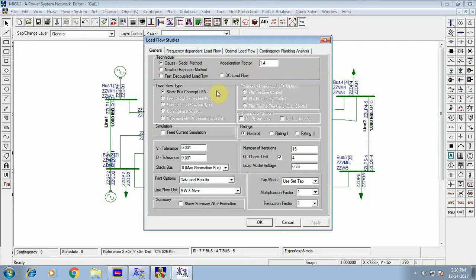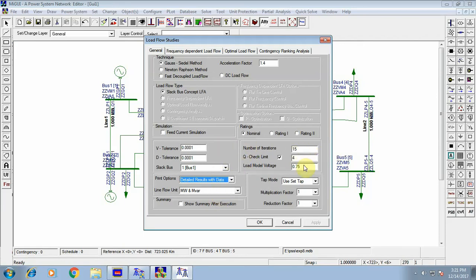and then we have Y bus. Okay, and then acceleration factor is done, and then tolerance value that we need to give it as 0.0001, and then D tolerance is also we need to provide 0.001, and then we need to select this slack bus, which is bus number 1, we will select, and then in this print option we will select detailed result with the data.